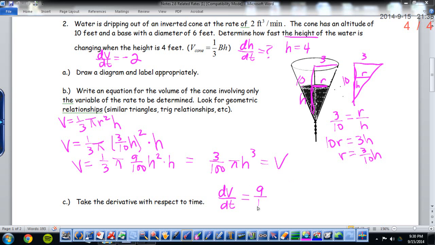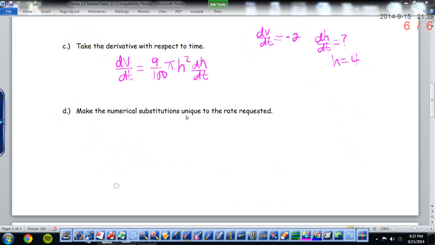That's going to give me 9/100ths pi h squared. And because I'm taking the derivative with respect to time, I need to write dh/dt. Okay, I had to move the page down, so I recopied all of the important information here. All right, so now we just need to make the numerical substitutions that are unique to the rate that's being